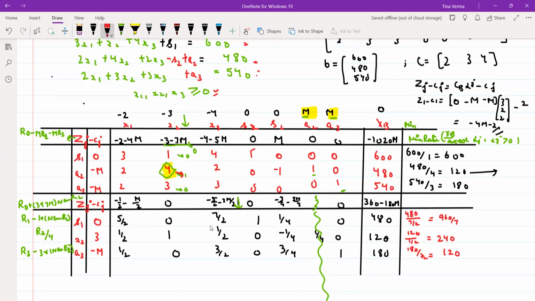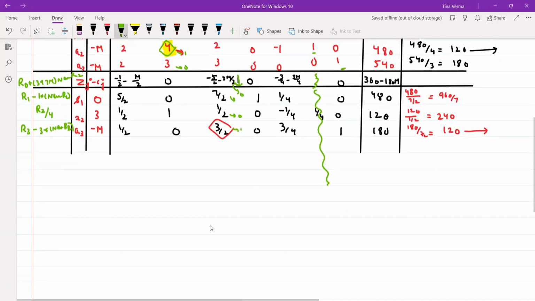Which is minimum? That is your 120 is minimum. So this will leave the basis. That means which is my pivot element? 3 by 2. You have to make this element as 1, this element 0, this element 0, and this element as 0. So when you will perform your iterations,